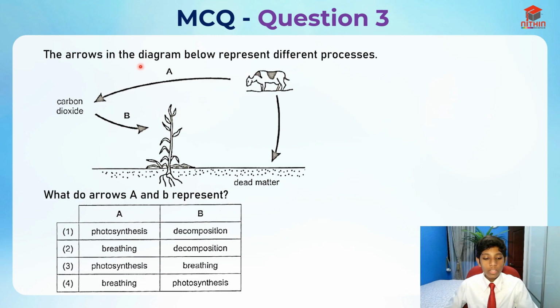The arrows in the diagram below represent different processes. So there's arrow A, basically the cow is giving out carbon dioxide. Okay, and there's arrow B, so basically the plant is taking in carbon dioxide. And there's also the last arrow over here, which is basically the cow becoming dead matter. So let's just take a guess of what the processes are, okay? So cow turning into dead matter, okay, this should be decomposition,